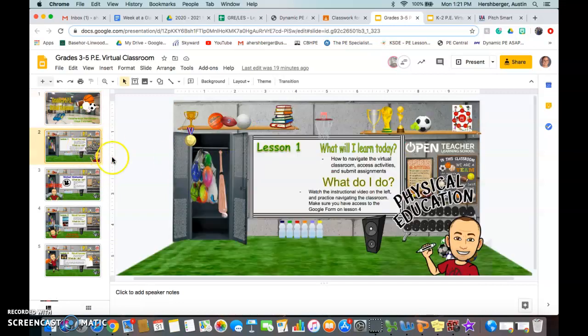Each slide is a different lesson for the week. In this case, we only have 4 days of school this week, so there's only 4 lessons. If we had a regular week, there would be 5 lessons. Each slide is just that day's lesson. So once you've completed lesson number 1, you do not need to go to lesson number 2 unless you want to. You can complete as many as you'd like in one day, or you can spread them out during the